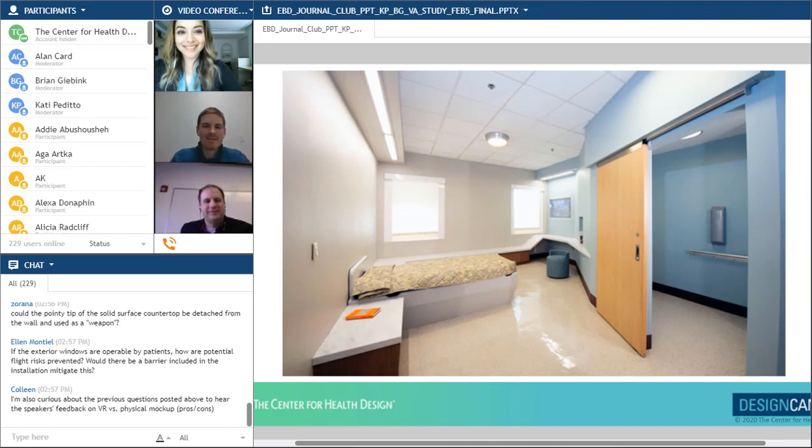Not that I can think of. I think the guidelines are written in a way that provide enough flexibility to do what we wanted to do. We really designed this with FGI guidelines in mind and making sure that we weren't doing something that wasn't approved, providing enough space around the bed and things like that. So I didn't feel any barriers. I didn't feel that we were trying to do something that just wouldn't be accepted